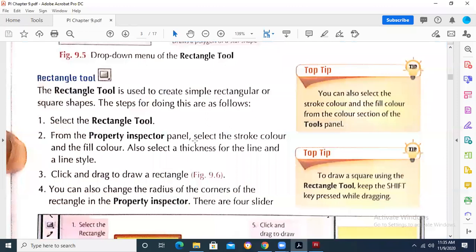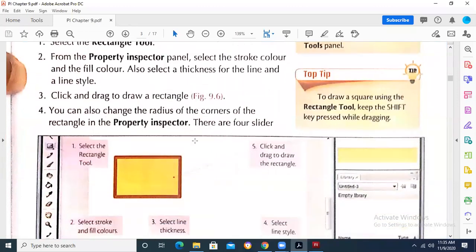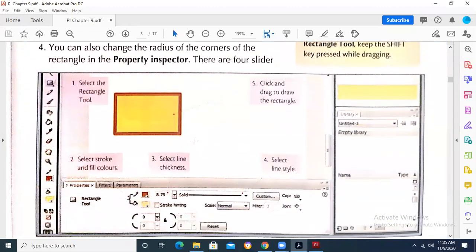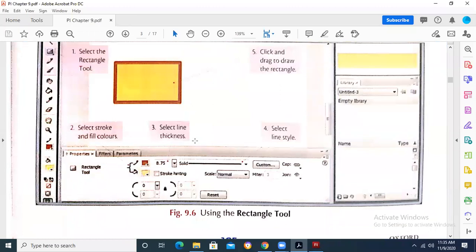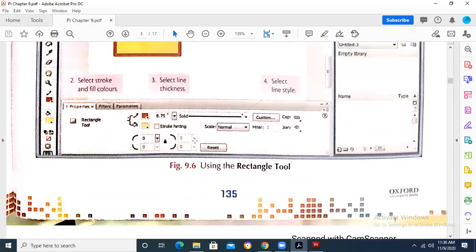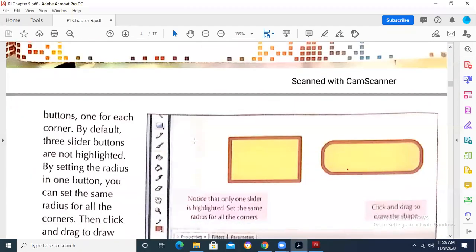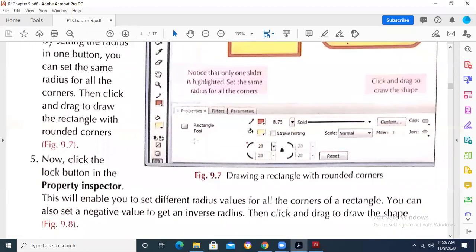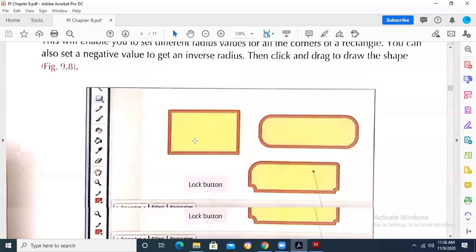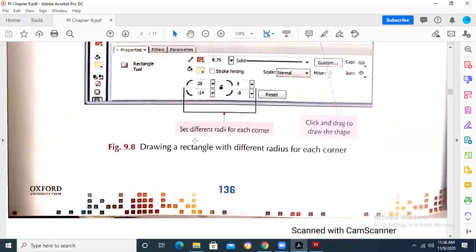With the rectangle tool, we can draw and we can change the properties of the rectangle. We can change the outline thickness, the fill color, the outline color. All these options are there that we have already applied. We also applied the primitive rectangle, and in the oval shape we also applied the primitive oval.